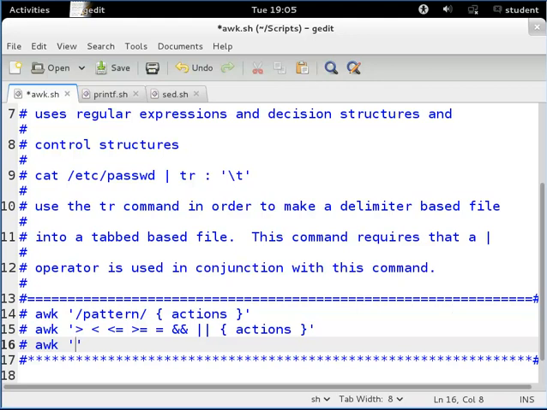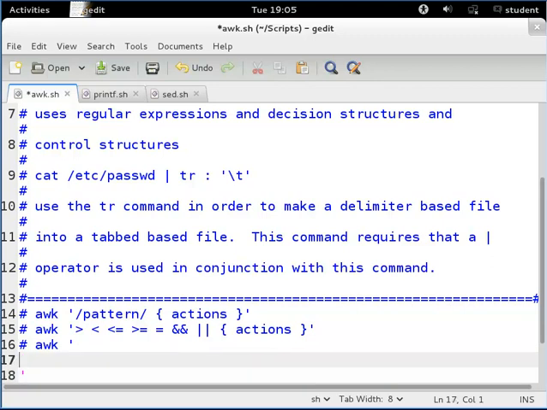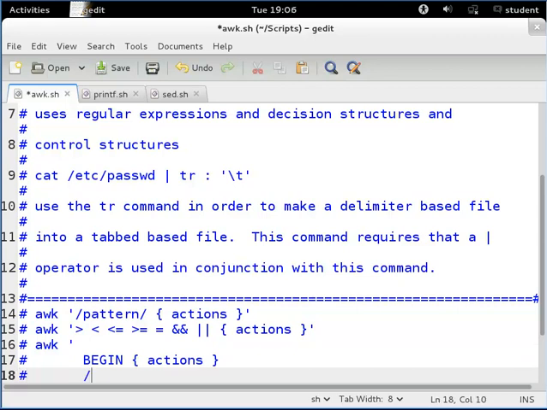So this is the more complicated one. You'll see what I'm talking about in just a second. This is where we get into this begin. It's going to actually be more than 2 lines. And then you'd have something like actions in here, and you just start to see where this is going. Here, and then I can say slash patterns like this, and then space, my actions,